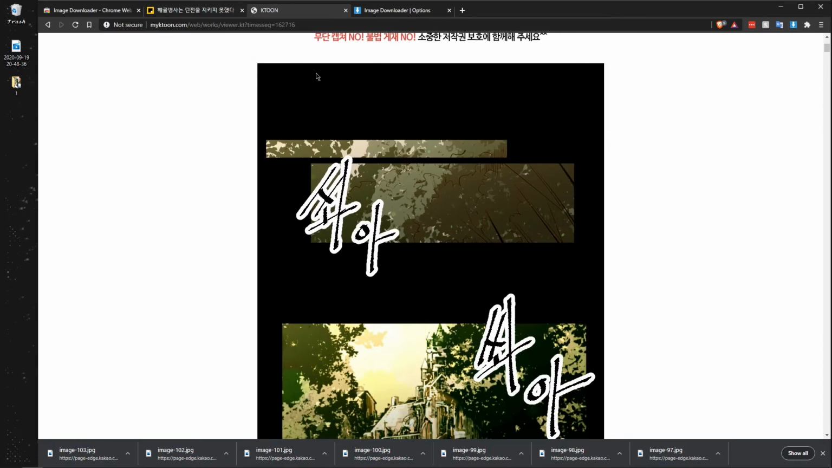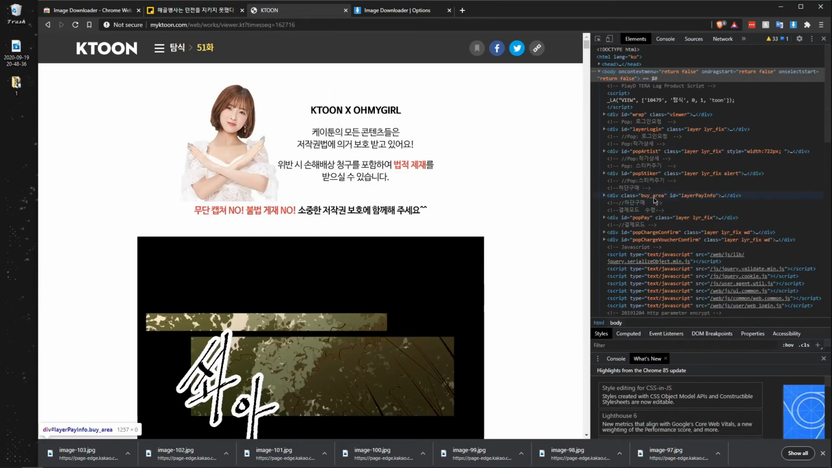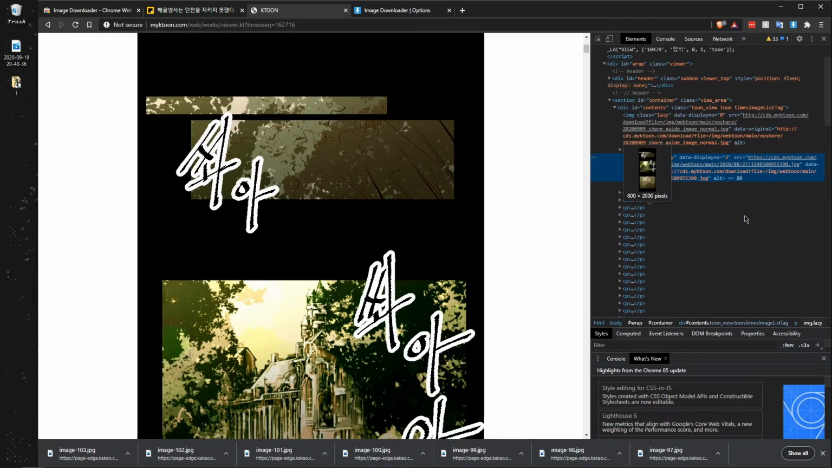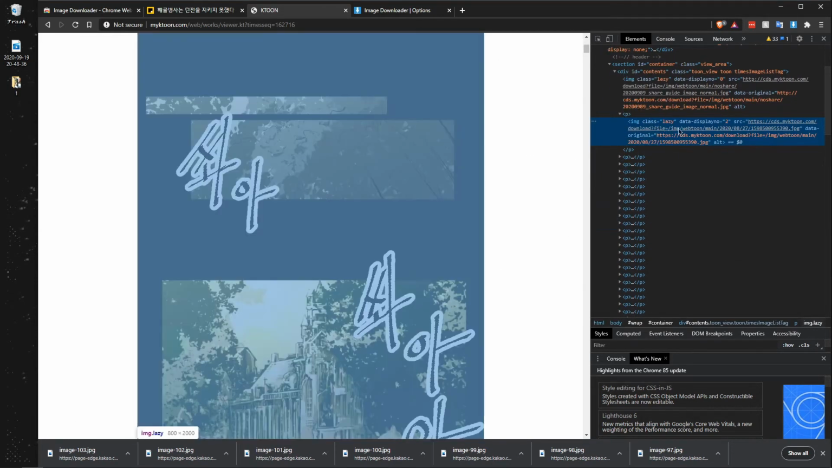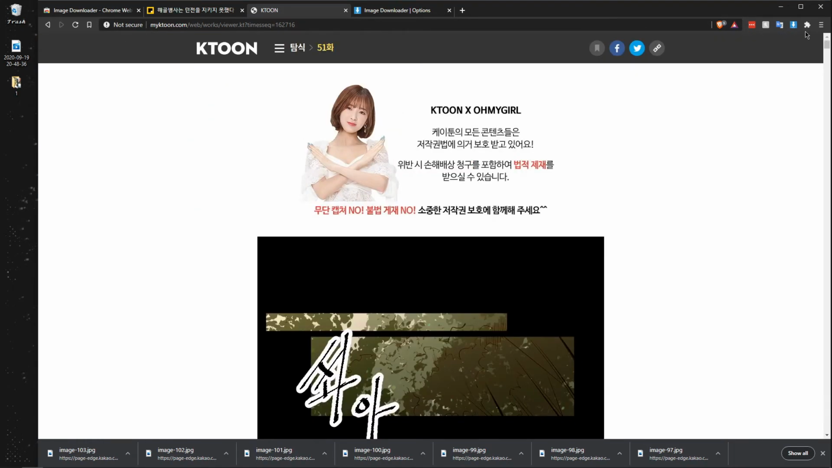And then for other webtoon hosting websites, you can check the HTML by clicking F12 and then click this arrow here, click on the body and see what kind of image the URL is. And for example, over here you see the word main, and if you click on any other thing, you'll see that